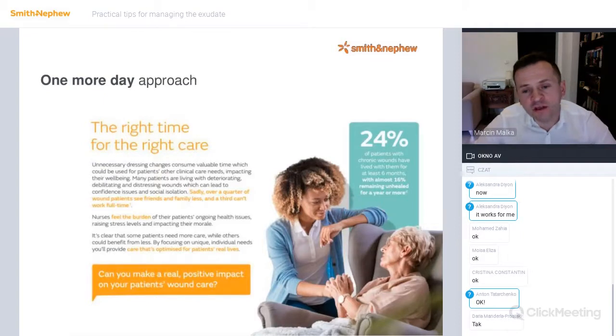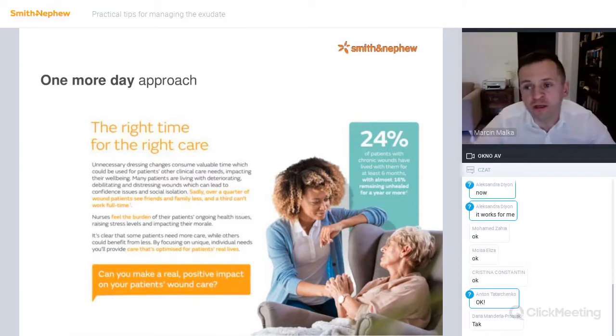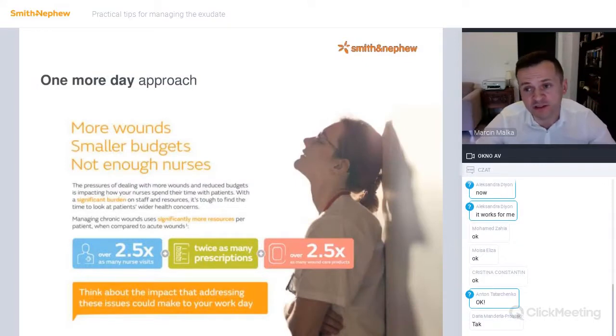And what is important, 24% of our patients have a wound for more than 6 months, and 16% of them have a wound for more than 1 year. So it's a very, very long period. And when we introduce this 1 more day approach, we can save a lot of time, and also we can save the time of our nurses. Nurses are a very, very important